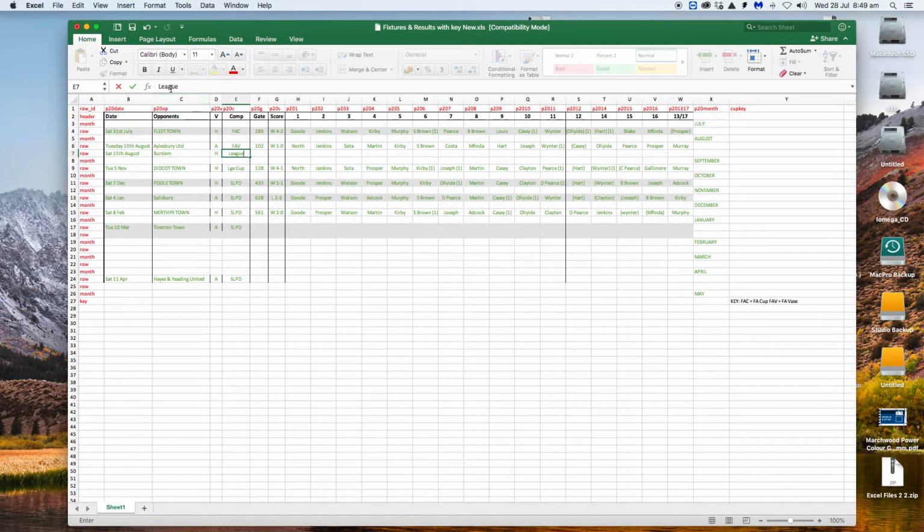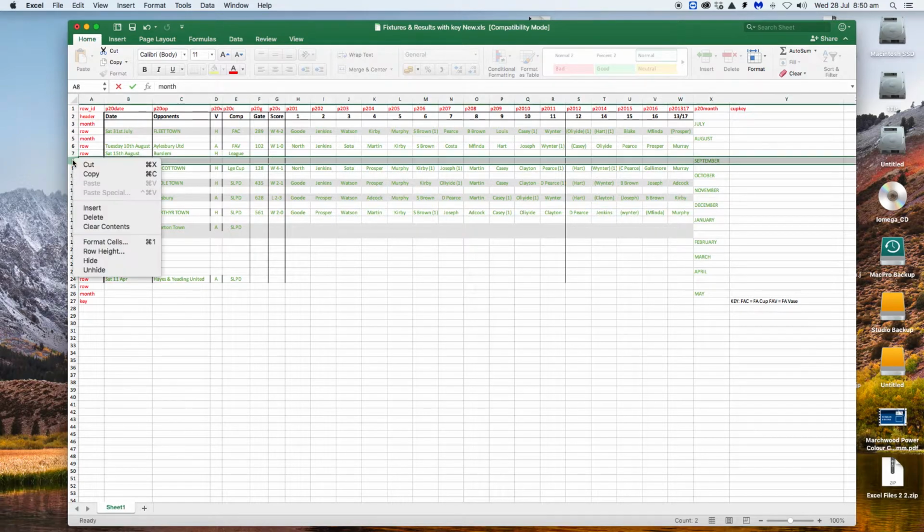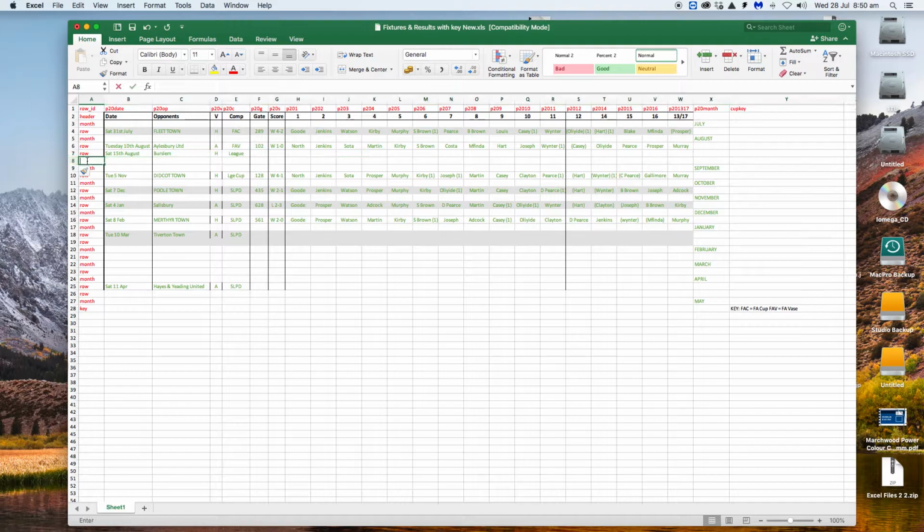So I'll put league in there if I copy that. Let's see which one it's in, because league equals league. So I'll leave that be, don't need to put anything else in there. Clearly you can't put anything in there anyway because you won't know what any of these are. But that's how you add a fixture. You just keep doing that till your fixture list's out, if you've got hold of that. So I left click, insert another row,